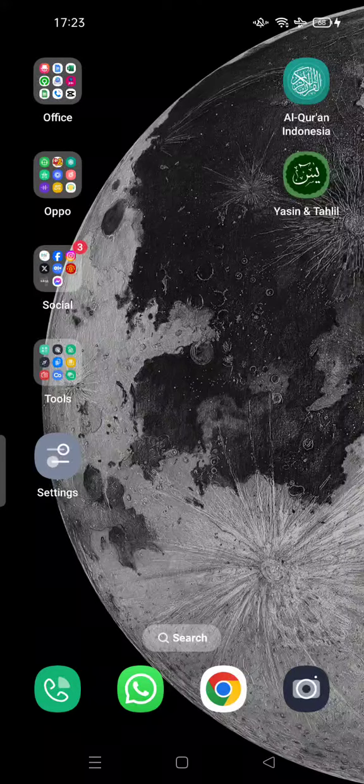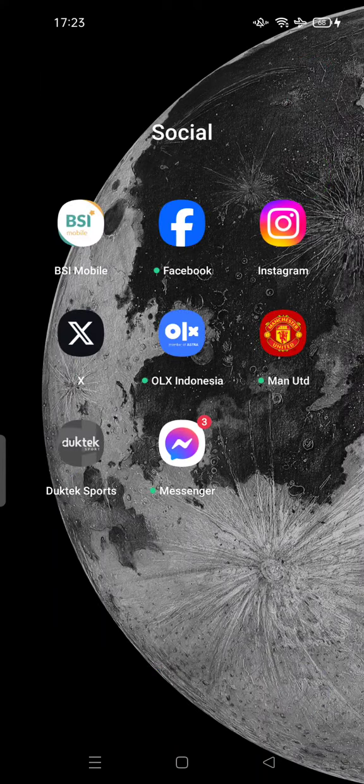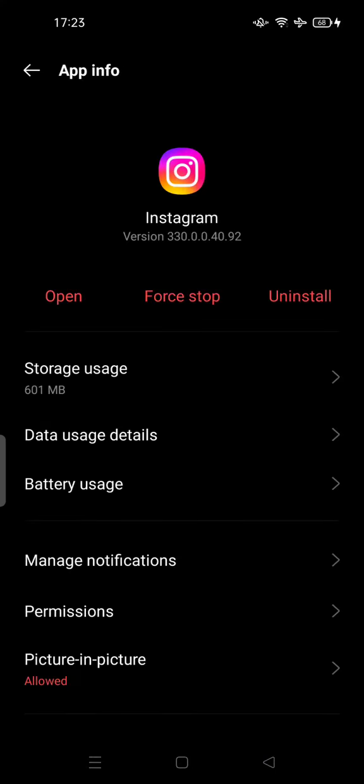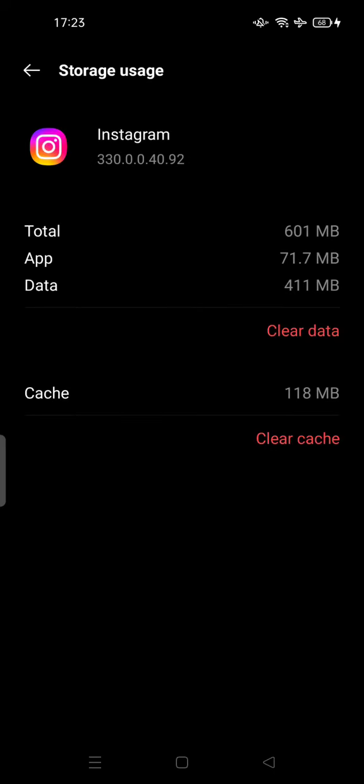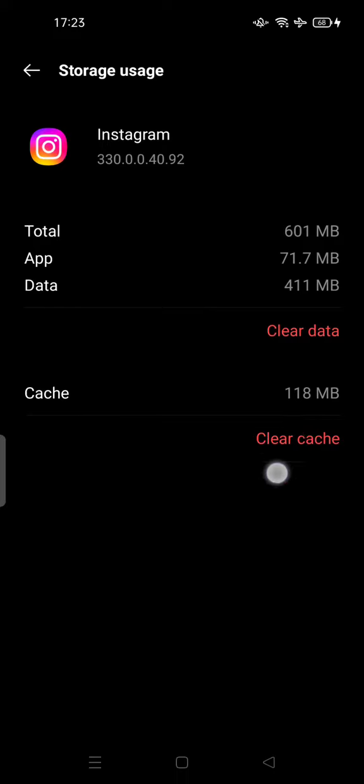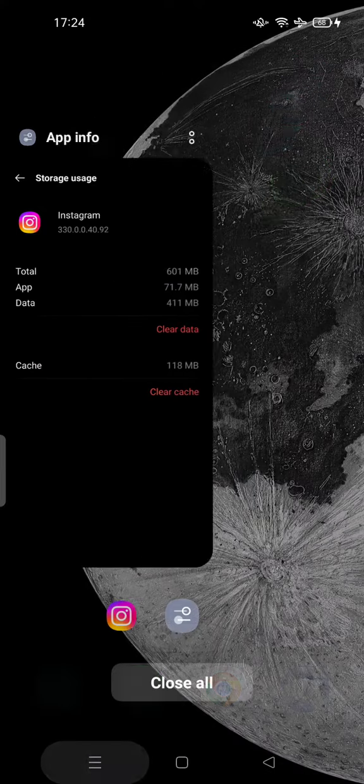Today I'm going to show you how to fix Instagram Flipside option not show. Let's get started. So if you have trouble with your Instagram app, you can go to the app icon, hold the icon, tap app info, and try to clear some space. You can clear cache here, or even clear data. You can log in later. You can re-log in and get back to your Instagram account